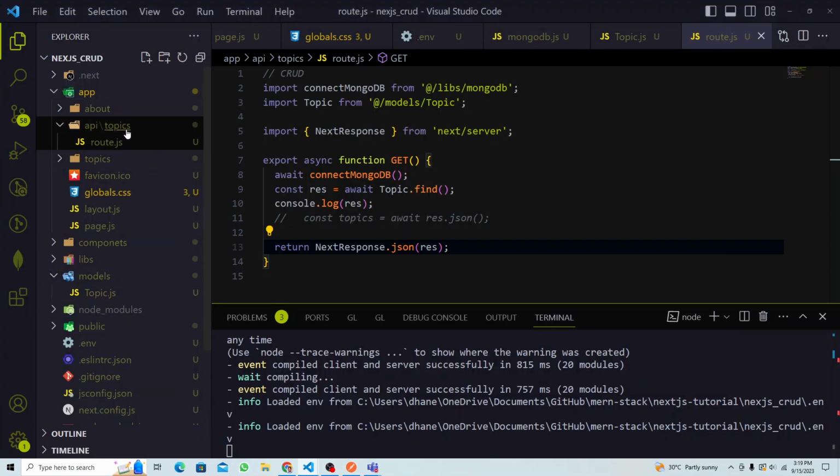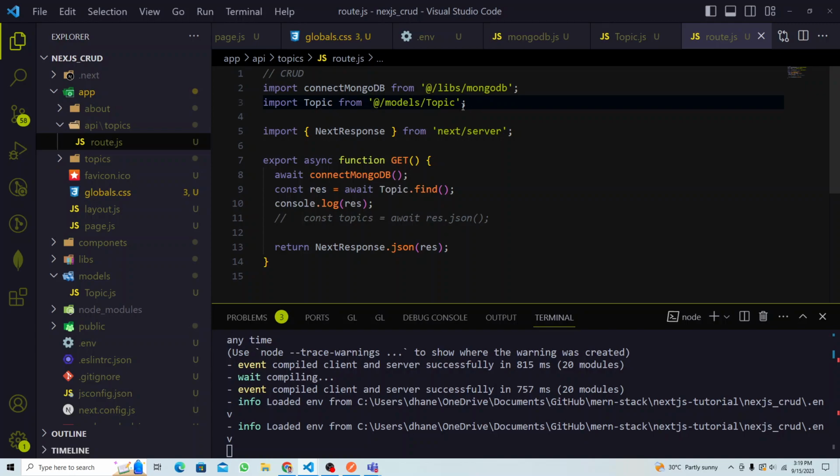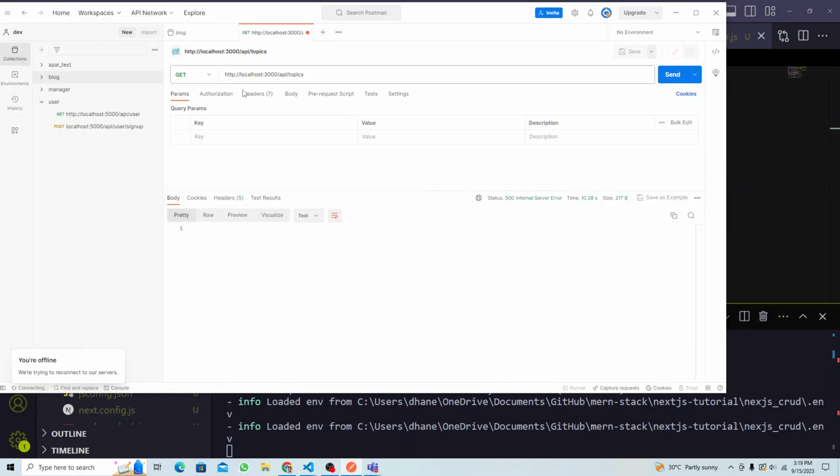So API slash topics, we have route.js, and then we are just sending the response, topic.find. Why is it not working? We got the topic from the models, and then it should fetch all the data, right? So localhost 3000 slash API slash topics, and when you click on that,